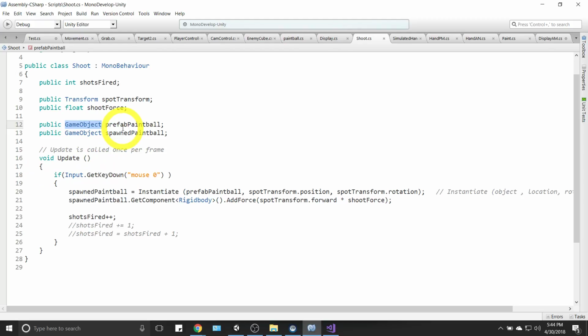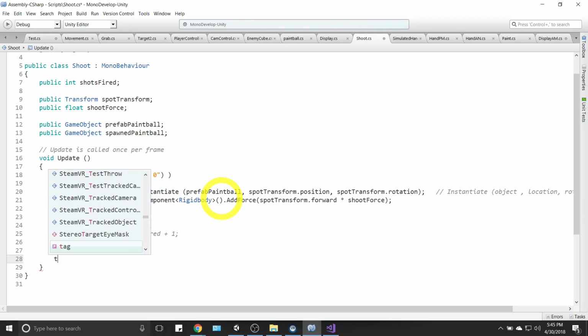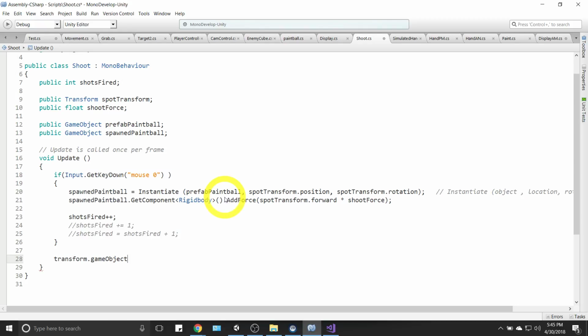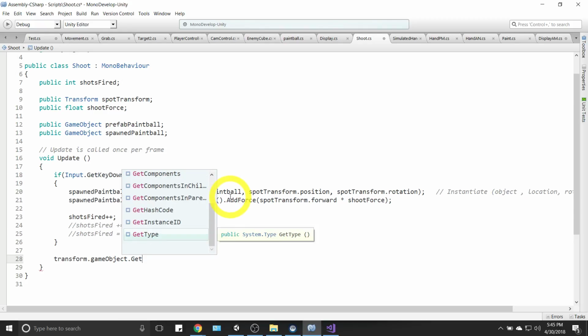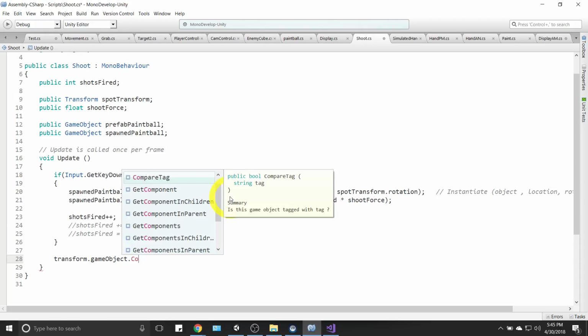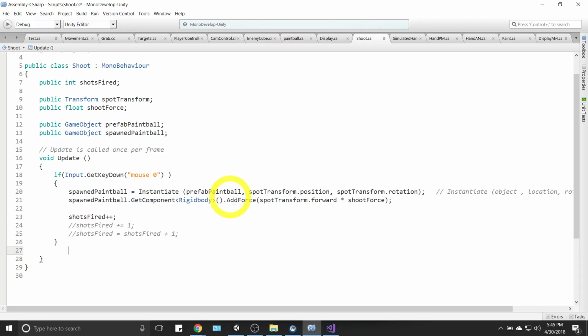You can navigate through these things like a transform, like a game object, like a collider. You can do that simply by going game object dot transform, or you can go the reverse, transform dot game object. You can go back and forth like that, and you go dot get component or dot collider. I guess you need to do dot get component collider. Used to be that you can just do dot collider, but